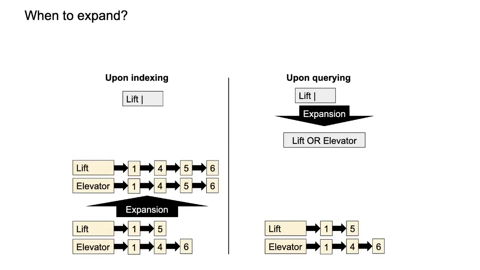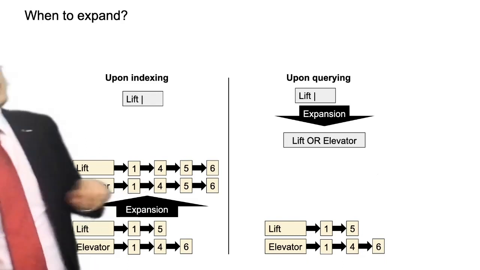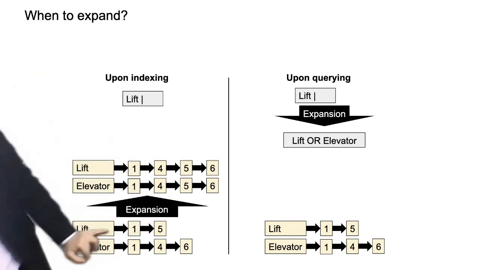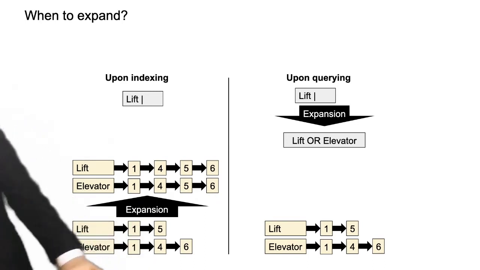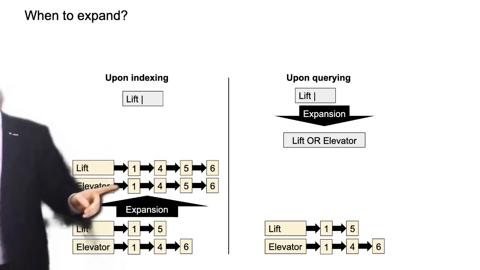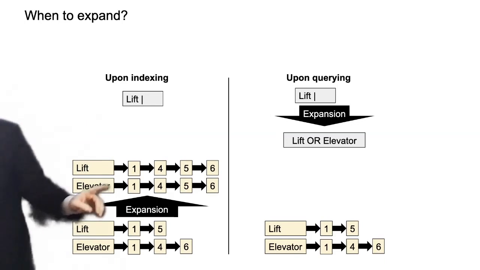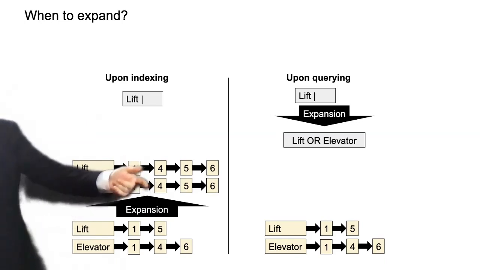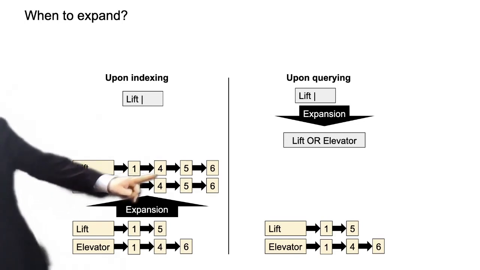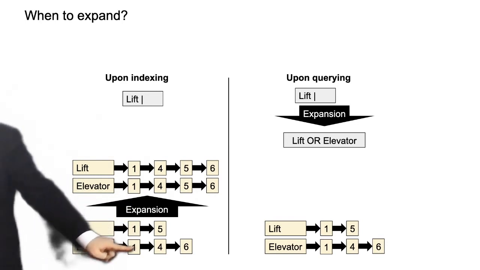This is another approach. So if we use expansion rather than equivalence classes and types, then we can do it in 2 different ways. One way to do it is to expand the index. So let's take lift and elevator, for example. So imagine the original documents here. Documents 1 and 5 contain lift. Documents 1, 4, 6 contain elevator. Then you can expand the standard inverted index, that's post-processing, that's done later, by merging the postings list, doing the union for both. So if somebody looks for lift, they will also find documents 4 and 6, even though it does not actually contain lift, it contains elevator.